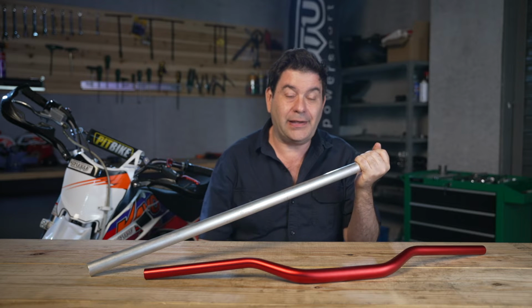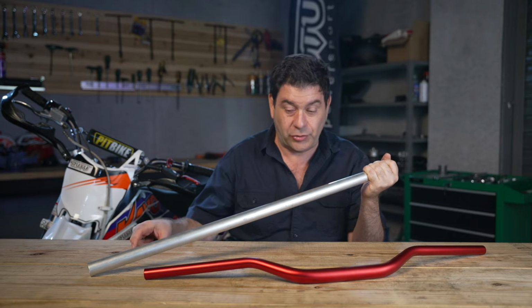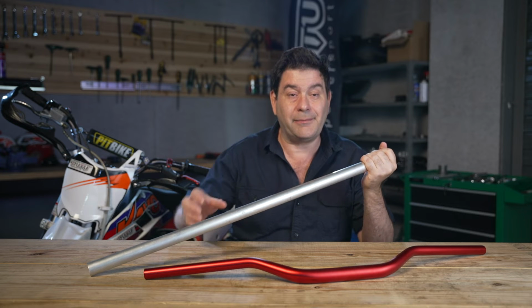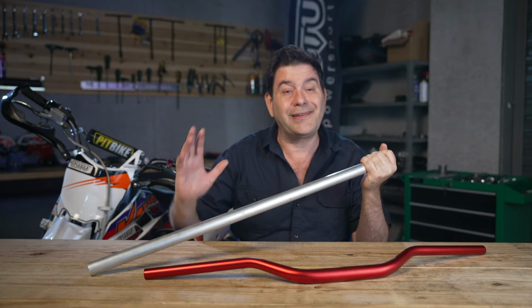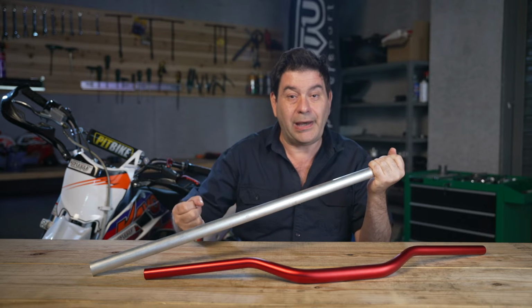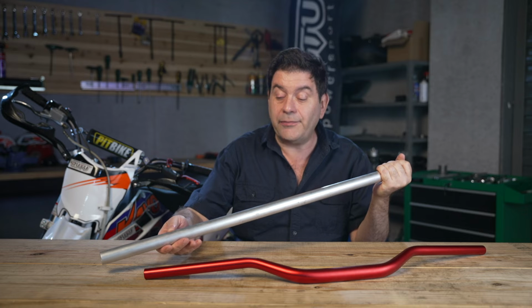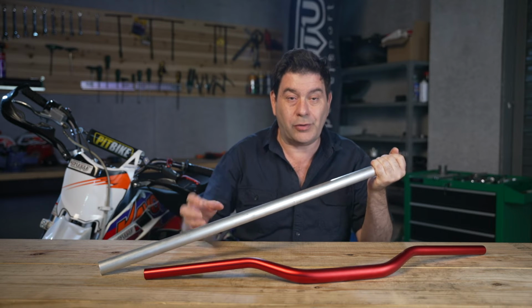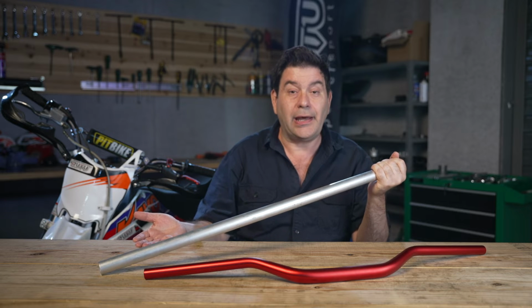And what does that mean? CNC stands for computer numeric control. So you have a computerized system, automated system, that does the bending in precise locations at precise amounts of pressure and bend. So it is more accurate, it's more even, there's no crimping or denting which will weaken the handlebar,